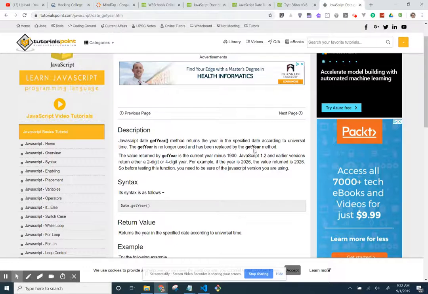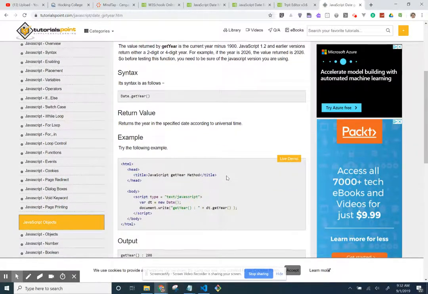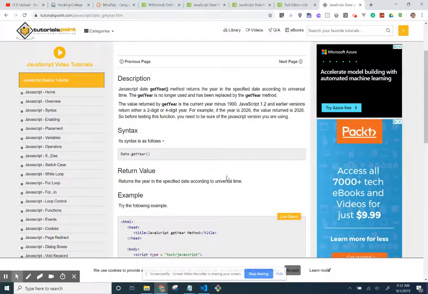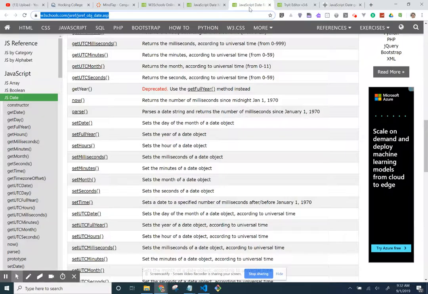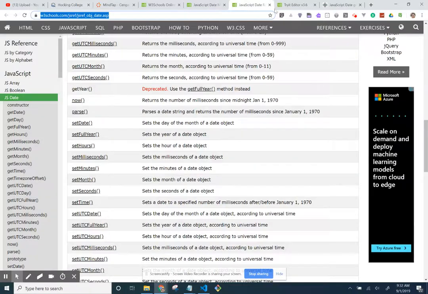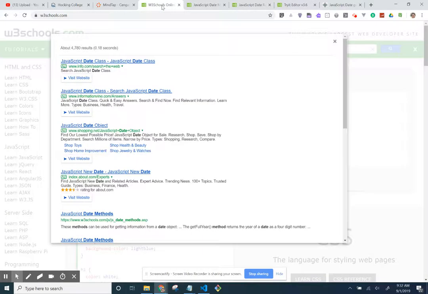Okay, it's been replaced by getFullYear, so that's a typo in that. But the reason it showed 119 is because it was 2019 minus 1900. There we go. Okay. So got lost in the weeds there a little bit,